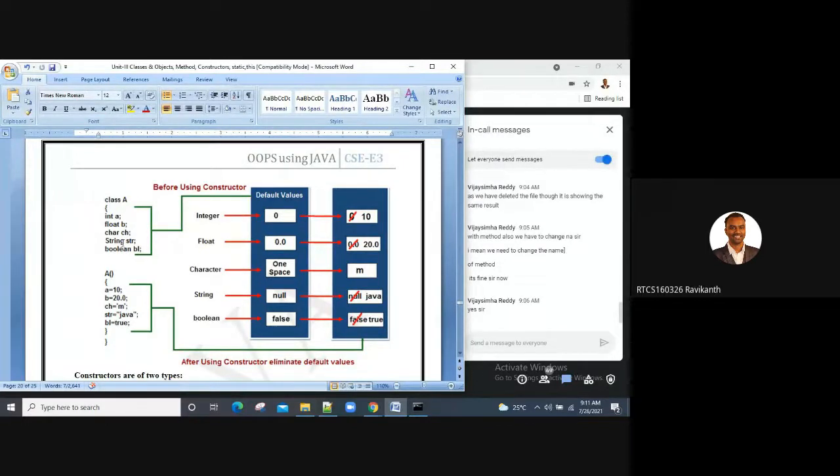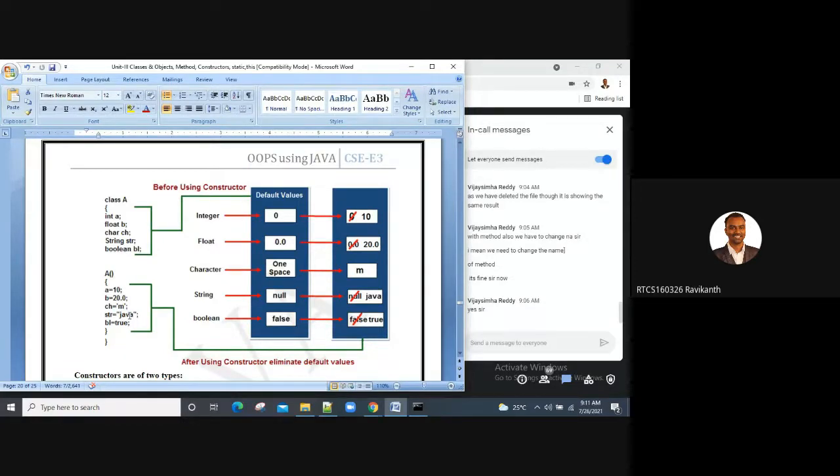So this is your normal class. Default values are assigned for integer, float, character, string and boolean before using your constructor. The moment you call your constructor by giving some values, those default values are overwritten by the values you have passed through your constructor.